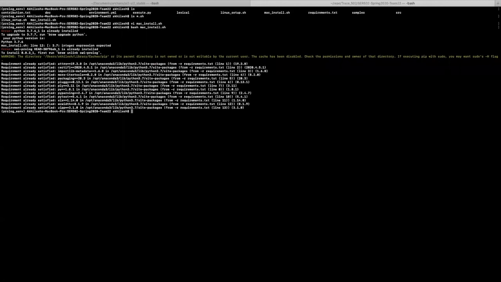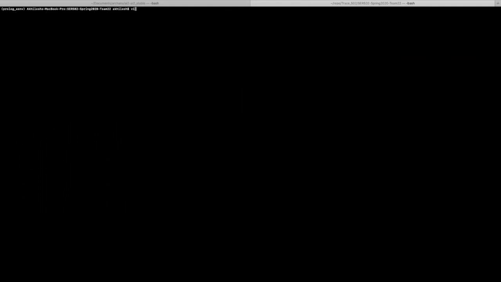Okay, since the requirements have already been satisfied, you're getting those messages here. Now, how the programming language works is, the user will have to write the code for our programming language in a text file and save it with a .txt extension, and it will be tokenized by the execute.py file. These tokens will be formatted in the form of a Prolog query, which will be passed to the Prolog file, which will evaluate the program and return the result back to the execute.py file, which then prints to the terminal. So we'll be running a few programs now.